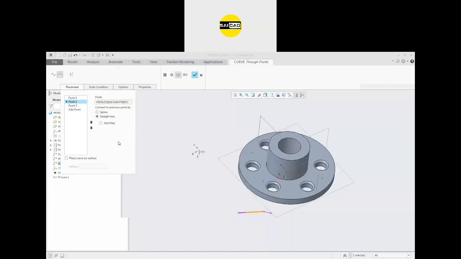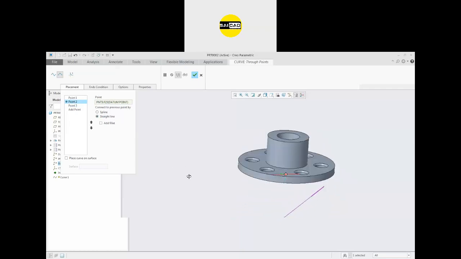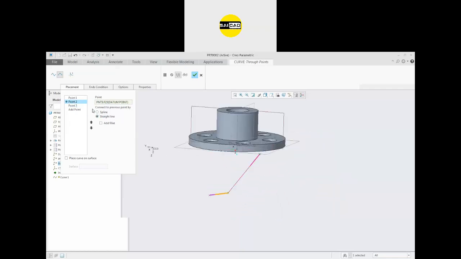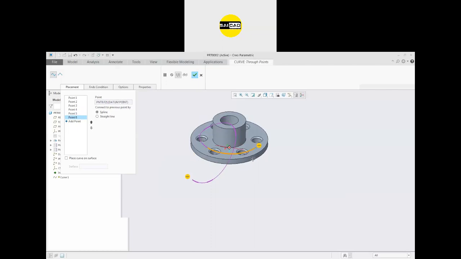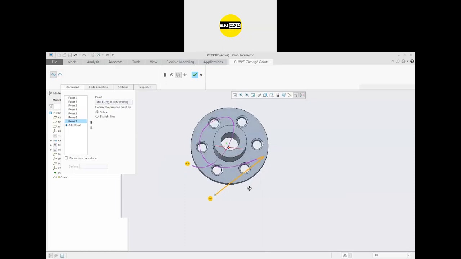Okay. From here, I also want the straight line. You can see the straight line effect also. So I want to use the line here also. This is the curve. I want to create some further points like that. This one, this one. Okay. Add point, and after that you can select this one. You can now select multiple points like that. In this way, you can create your feature or your curve according to your needs.